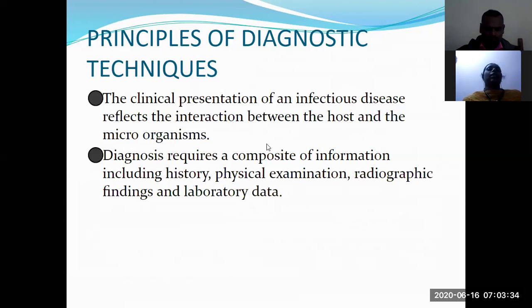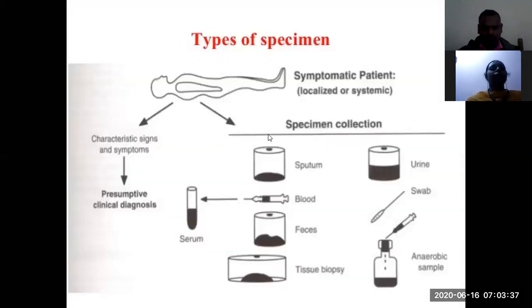Next, as we are studying bacteria, what are the types of specimens collected to identify these bacterial infections? The patient has been infected by bacteria, characterized by signs and symptoms, and is now about to undergo clinical diagnosis. That's what we are studying: the basics like bacterial genetics, then clinical manifestations, and then principles of diagnostic techniques. So what specimens are collected for identifying this bacterial infection or infectious disease?